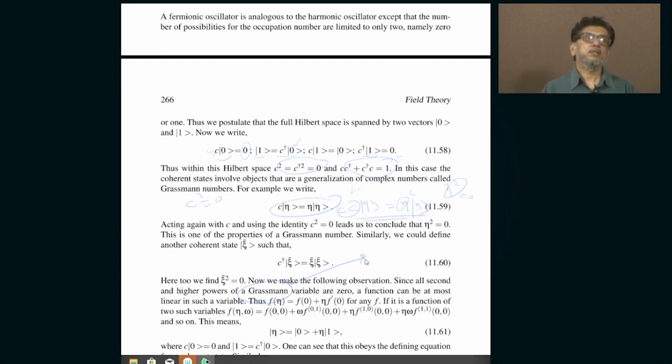So, Grassmann numbers are numbers which have this property that if eta 1 is a Grassmann number and eta 2 is another Grassmann number, eta 1 into eta 2 is minus eta 2 into eta 1, and eta 1 squared equals eta 2 squared equals 0. Okay. So, these are the properties of Grassmann numbers, and moreover you can show that any function of some Grassmann number at most will involve just